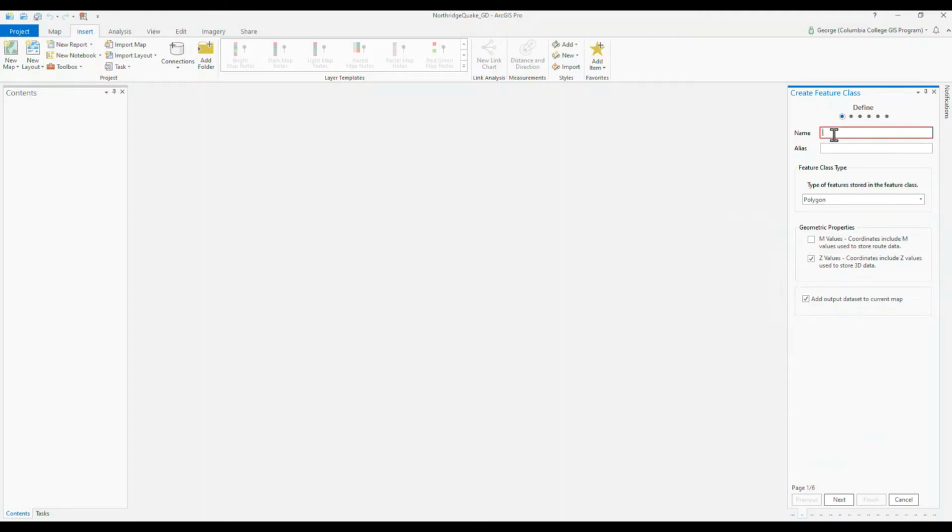And then name, we'll call this one, let's call this one Emergency Shelters. And then you give it the alias that'll show up. Now, there's actually a database of emergency shelters that's online, but it's compiled by the Red Cross and quite often doesn't work. And we want it to be a point type, and then let's go to next,